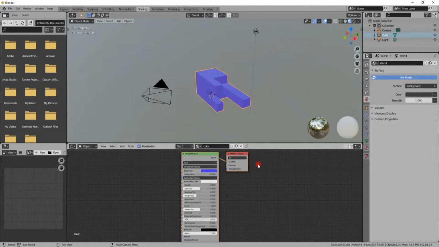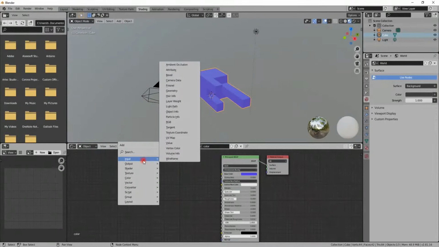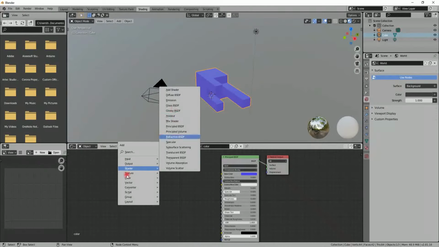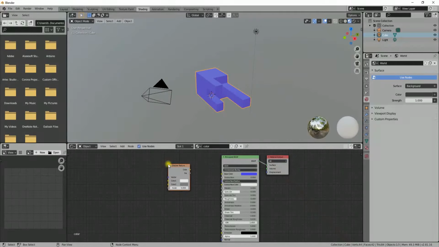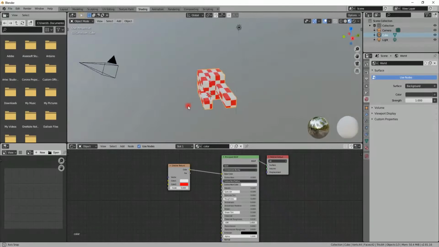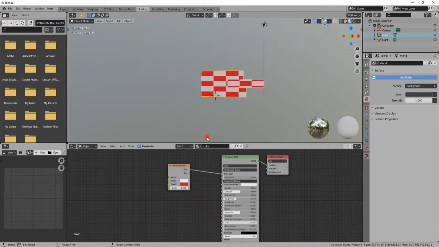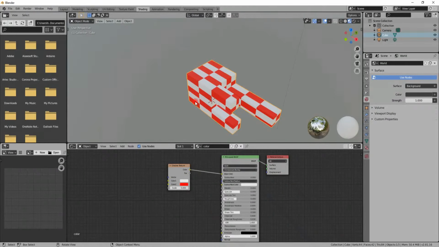So to do that, I go to my shading, and in here I can see that I have just a base color. So I will add a texture node from the texture menu down here and call it image texture, sorry, checker texture, and turn on the colors so that one of them is white and the other one is a red. And as you can already see, they are not squares as you would expect in a checker texture,